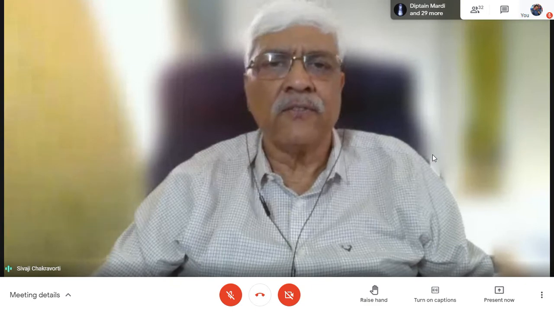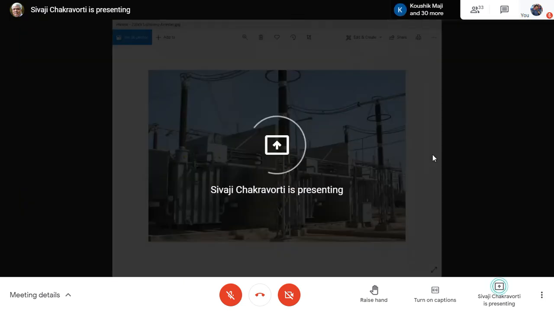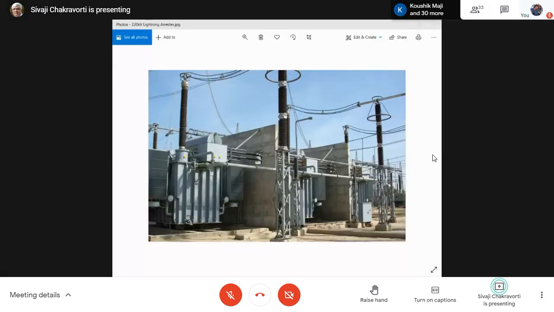Now you can see carefully. I hope it will come on your screen now. Now I think you can see a figure. Yes, sir. Now you look at it, very interesting figure. Now see this vertical component here. Can you see this toroid? Yes, sir. You can see the toroid is connected to the high voltage terminal by metallic connection, you can see here. So what will be the potential of the toroid? Equal to the high voltage terminal. But you can see that it is not touching this part.